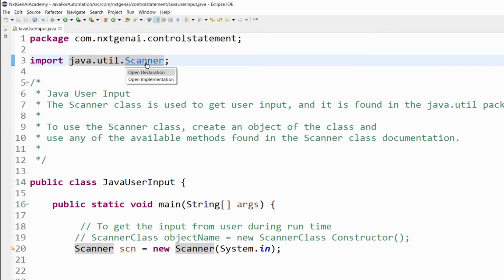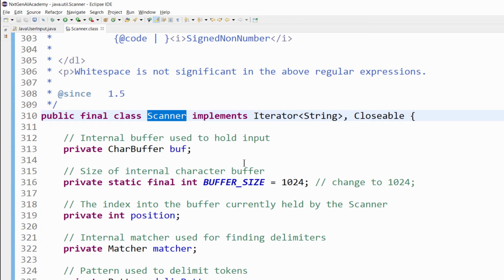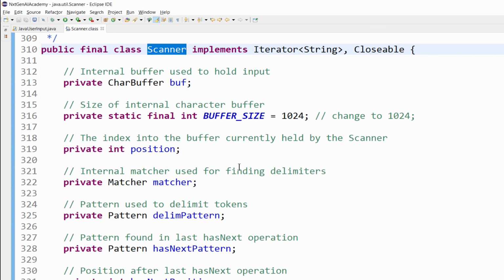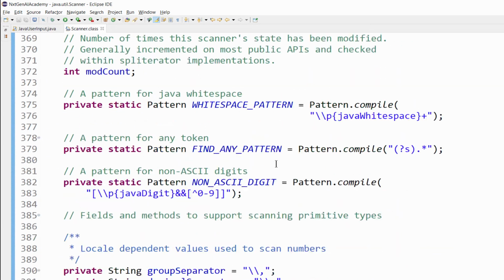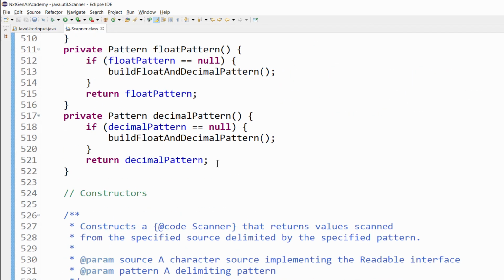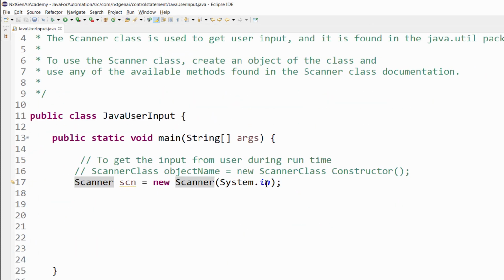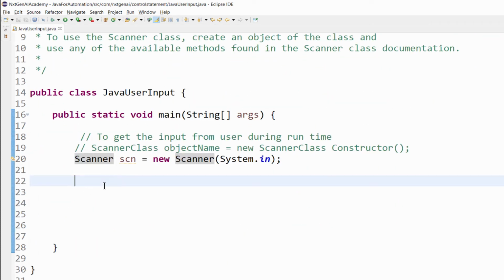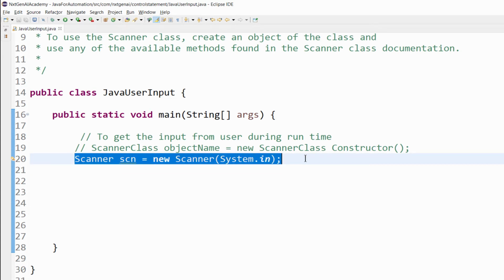Press Ctrl and click on this, and this is the code for that particular package. Oracle has already written a lot of reusable methods inside the scanner class. We'll be seeing these reusable methods in future. For the time being, remember this syntax alone.